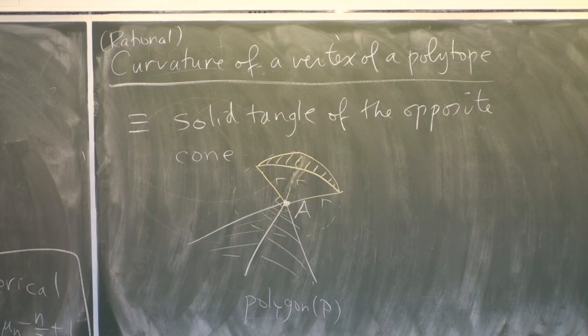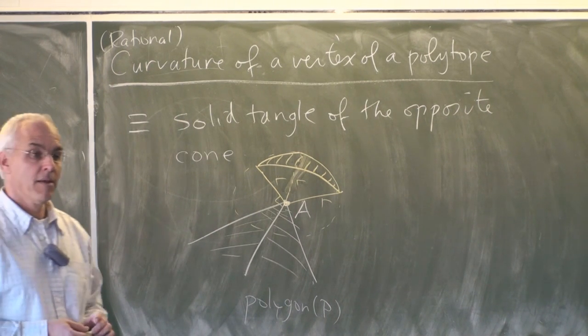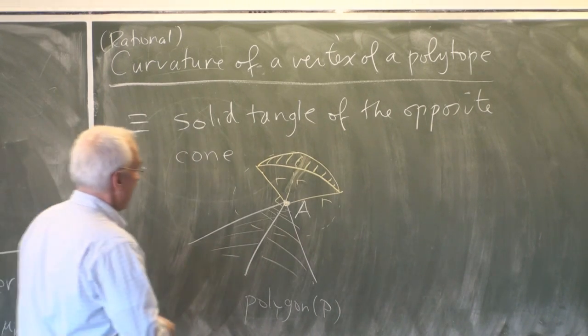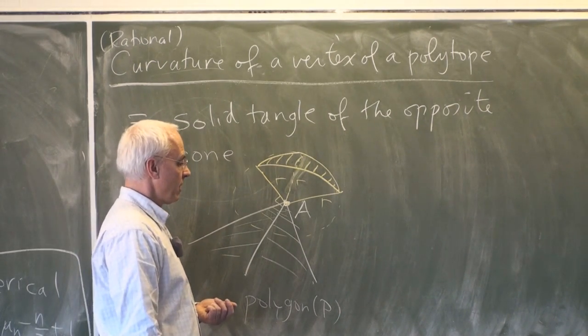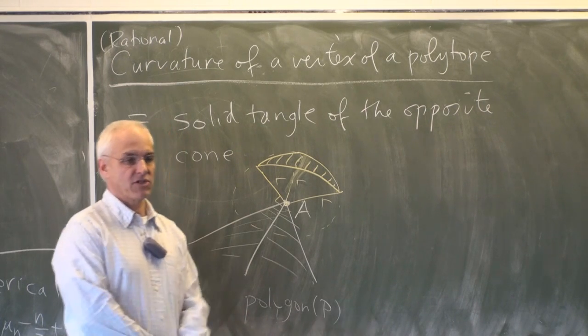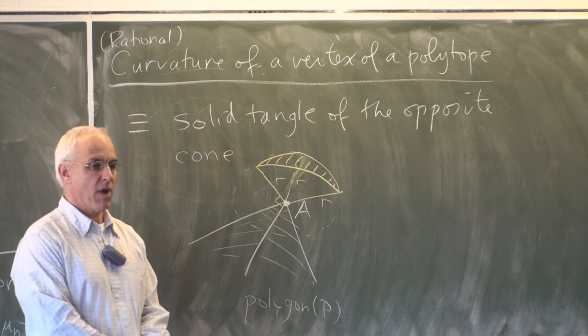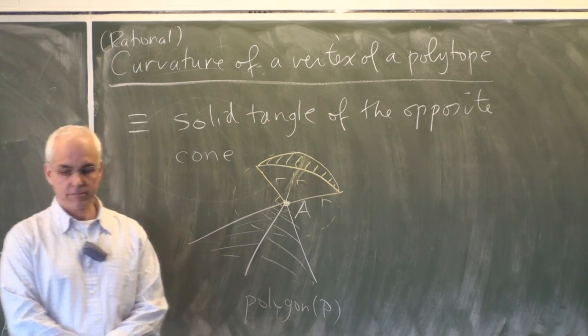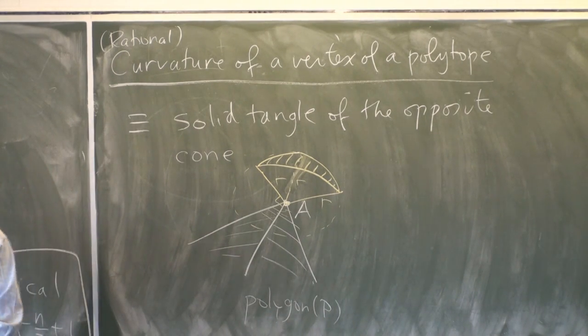Yes? When you define curvature, you said it was the ratio of the displacement of the cone to the displacement of the entire sphere. Yes. Isn't it twice that? If you're calling the displacement of the entire sphere two? Yeah, okay, I suppose that's true. We want the whole sphere to have displacement two. That's correct.